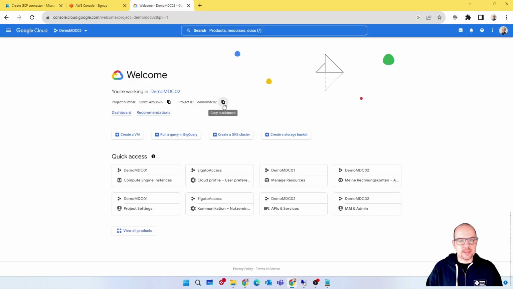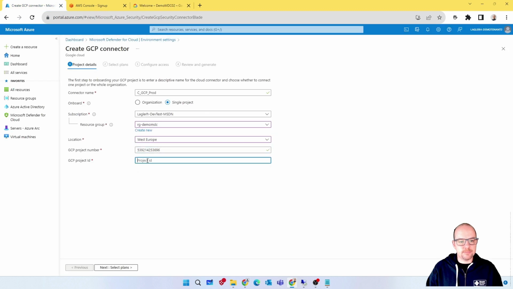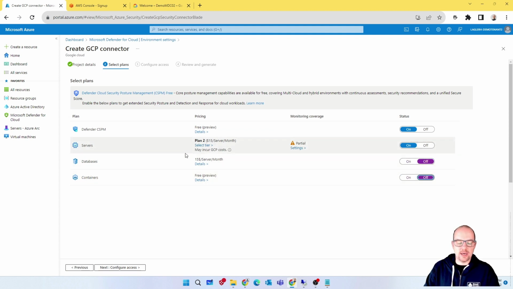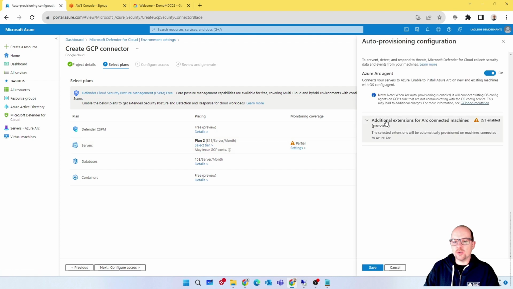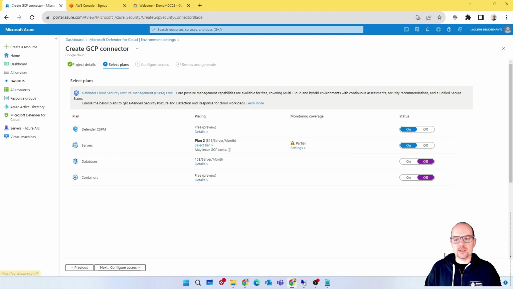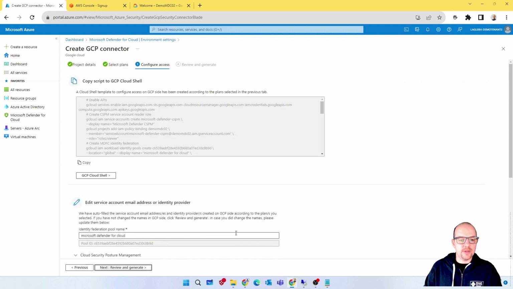And here you can find the project ID. Copy, paste, click on Next, select the right plan. In my case, I want to enable Microsoft Defender for Server, plan 2. And when you click on Arc Agent, the Arc agent will be enabled. When we scroll down, the Log Analytics extension itself will be enabled over the subscription level, like what we've seen before. Okay, click on Save, click on Next, copy exactly this script here,